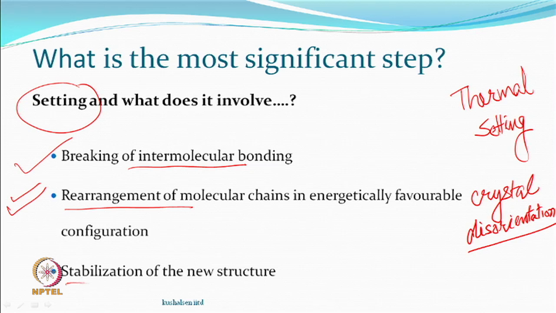And then the third thing that should also happen is stabilization in the new structure. So, you have a new configuration. What is the new configuration? Some molecular chains have done whatever they have done, maybe they have folded over each other and made a crystalline region, or they have just been disoriented, gone anywhere else. Now, you must freeze them. If you do not stabilize the new structure, this can keep changing, then we are not going to be achieving our goals. And so, stabilization, and this is in some sense done by